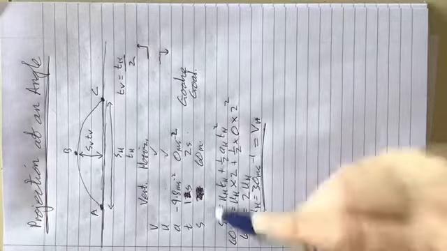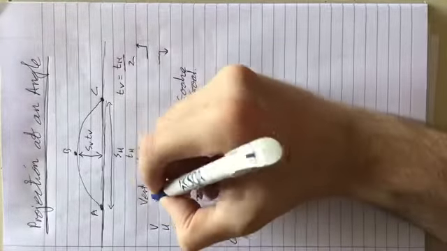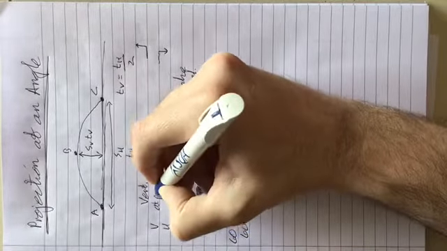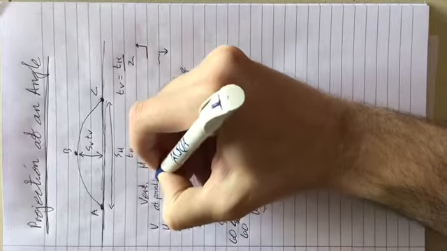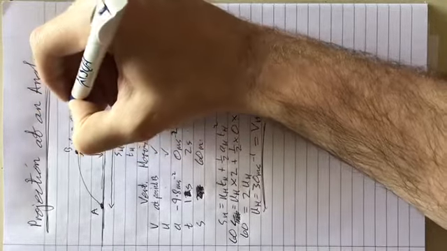Let's see, what can we do there? Well, if we make the final vertical velocity at point B, then the vertical velocity at point B is 0 metres per second. And that's going to allow us to unlock the rest of the problem for the vertical parts,